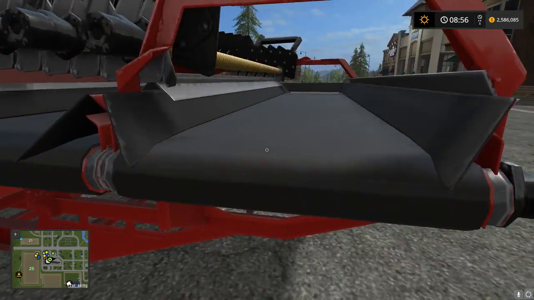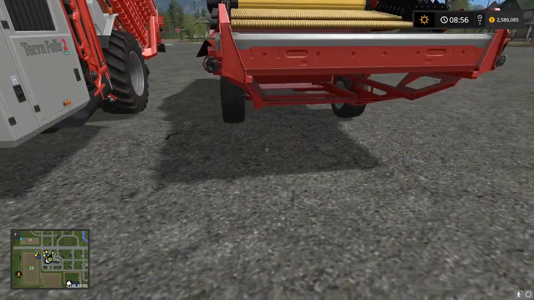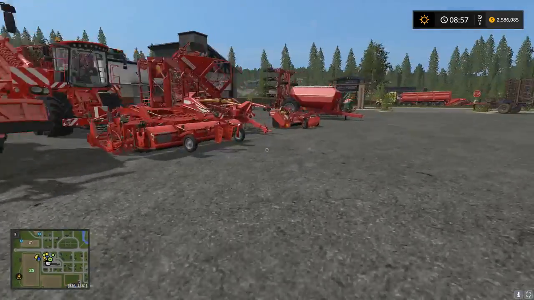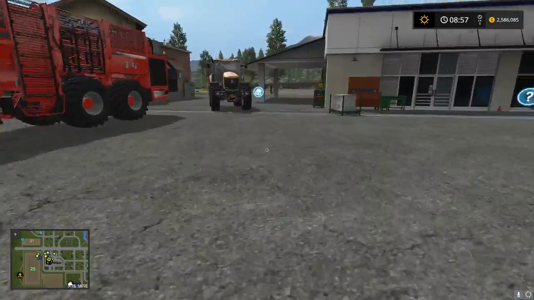Or you can unload this directly into a belt from this back left side here, which I'll be showing in the field. So, all right, let's go ahead. I've got the field halfway planted and stuff already set up. Let's get started with